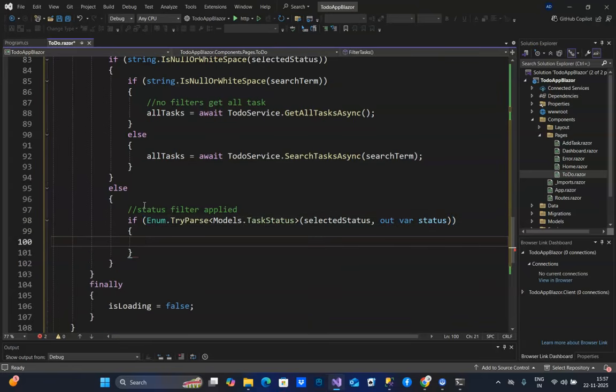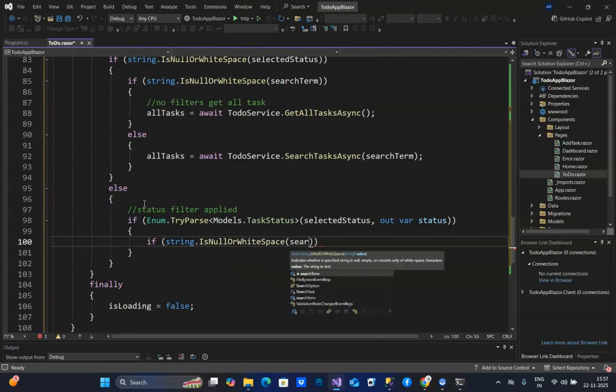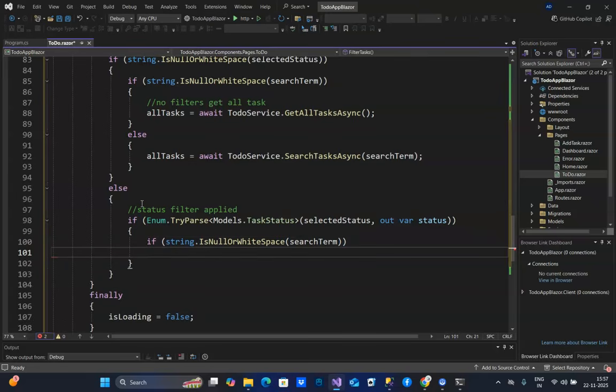And inside this we are going to say if string.IsNullOrWhiteSpace(searchTerm), status filter only, get all tasks, then